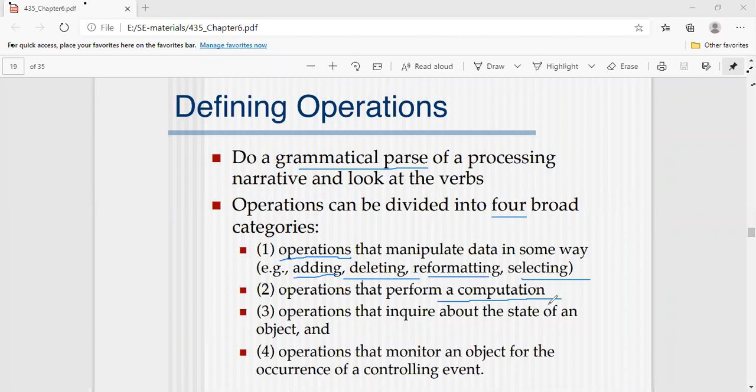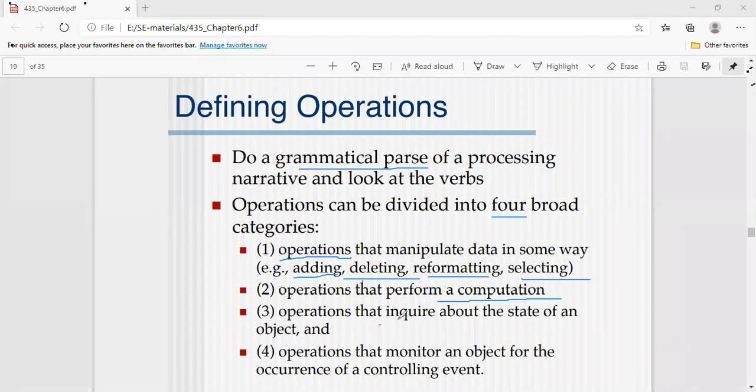They may want to calculate the rate of interest on your amount after 1 year, after 2 years, after 10 years. So if something like that is happening, they should perform some computations on your data. Those are the computation kind of operations.